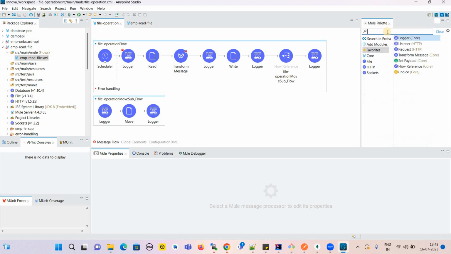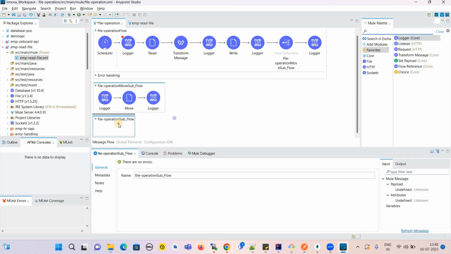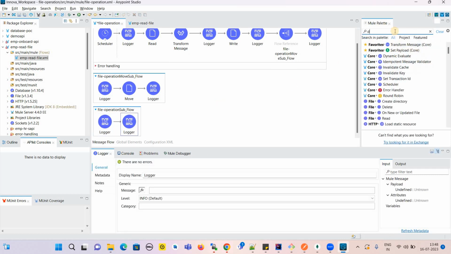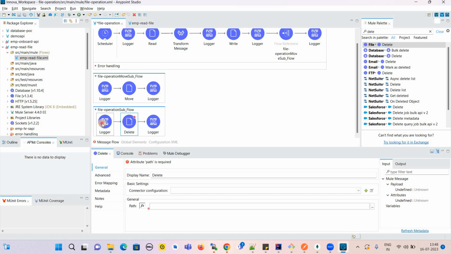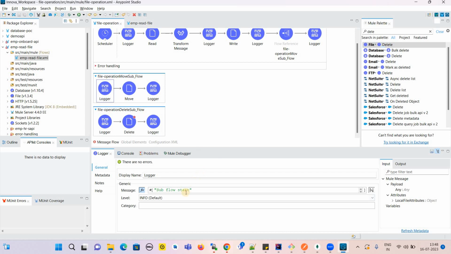Let me create one more subflow, and let me put the logger here. Okay, and then the delete operation. Let me rename it: file operation delete subflow. Okay, file operation move subflow. So here let me clearly name the subflow, the move subflow